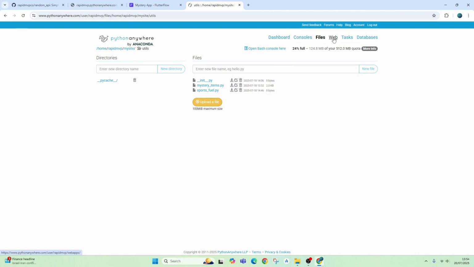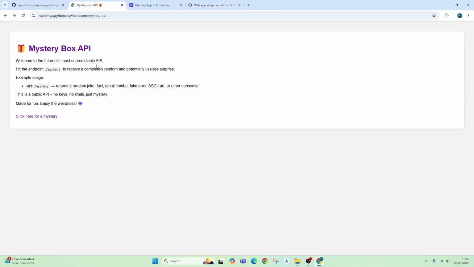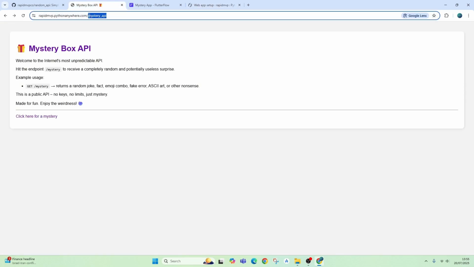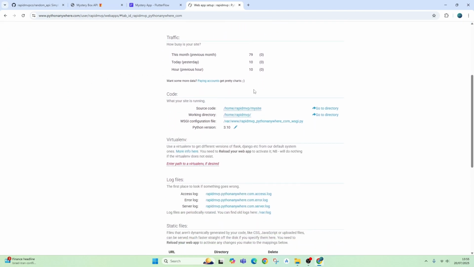And then finally, on the web section here, you can open up your app there. Now if I clicked on that, that'd be a 404. It doesn't go anywhere because the only route that's actually got any HTML is the mystery API route. But then the other thing you have to remember on